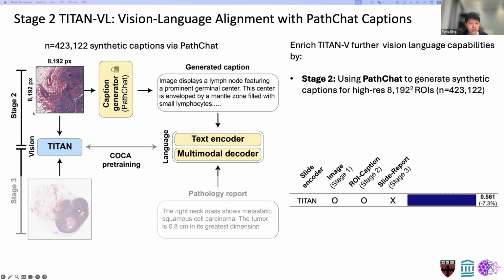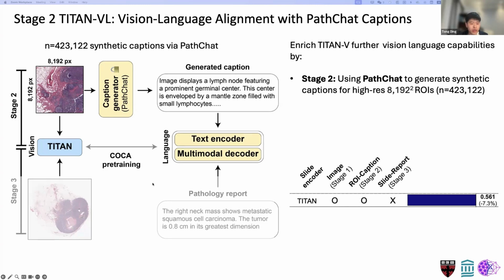In this stage, what the model sees is sort of the same as our first stage vision training. And here we generated more than 420,000 fine-grained synthetic captions using PathChat, and we use these synthetic captions to further pre-train Titan